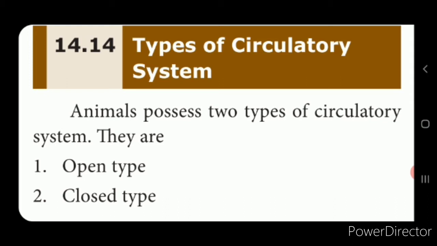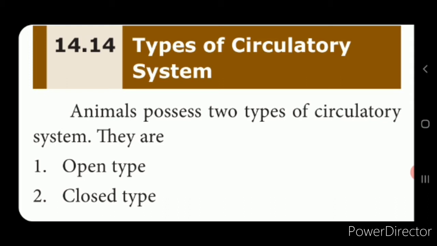Now we said that the arteries and the veins are further divided into capillary systems where the blood is reached to each and every cell of the body, isn't it? Now here the capillary system is absent. Now for example you can say arthropods or molluscs. Now in closed type the blood will flow in a complete circuit, in complete blood vessels. Now these arteries and veins are further divided into small blood vessels, that is called as capillaries, and through capillaries the blood reaches each and every part of the cell. Now most of the vertebrates consist of the closed type.